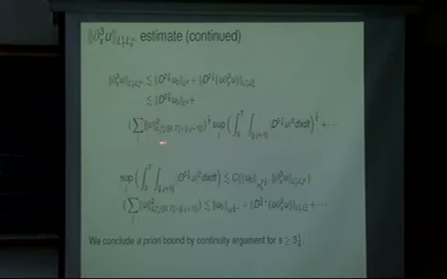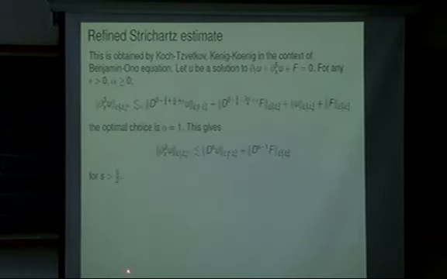This bound is handled by the maximal estimate, and this is by the Kato local smoothing. Then by using such estimates, we can conclude that this is bounded by the H^s norm of the initial data. This argument works only for s greater than or equal to 3 and 1/4, so it gains just a little bit of regularity. Another ingredient of the theory is the refined Strichartz estimate.